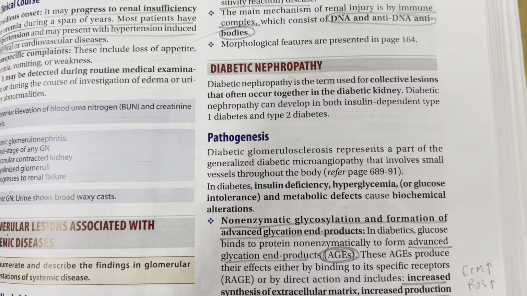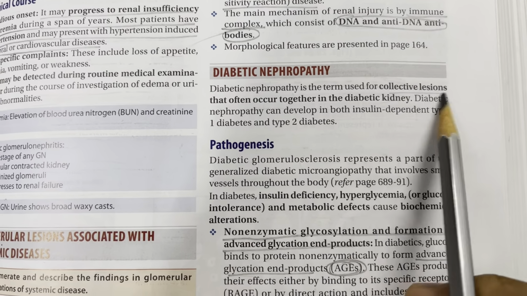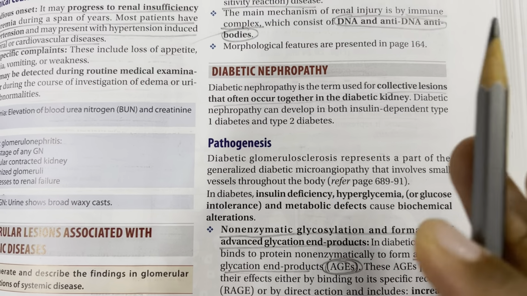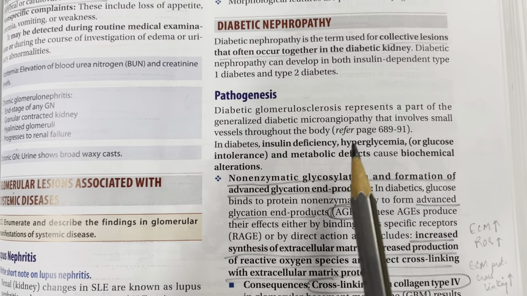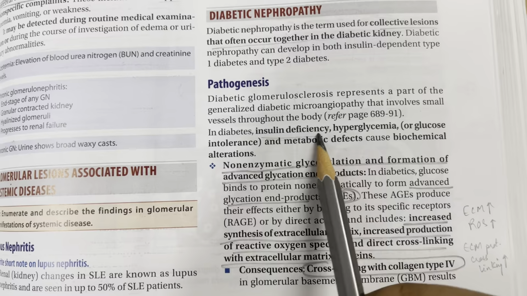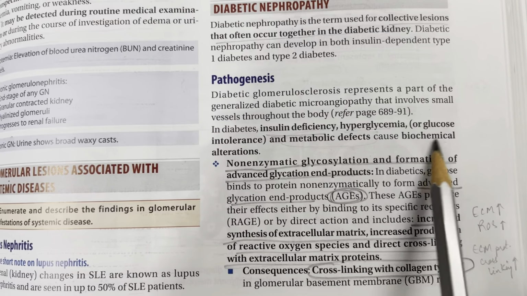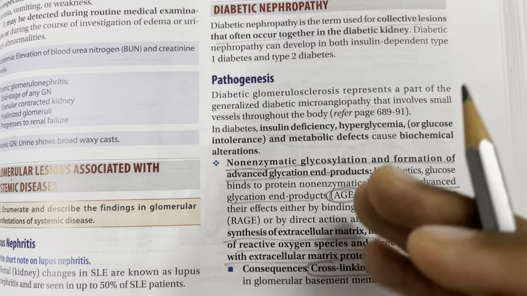Moving on to diabetic nephropathy. It is a term used for collective lesions that often occur together in the diabetic kidney. It can develop in both type 1 and type 2 diabetes. Pathogenesis: basically, insulin deficiency, hyperglycemia and metabolic defects cause biochemical alterations and they lead to formation of